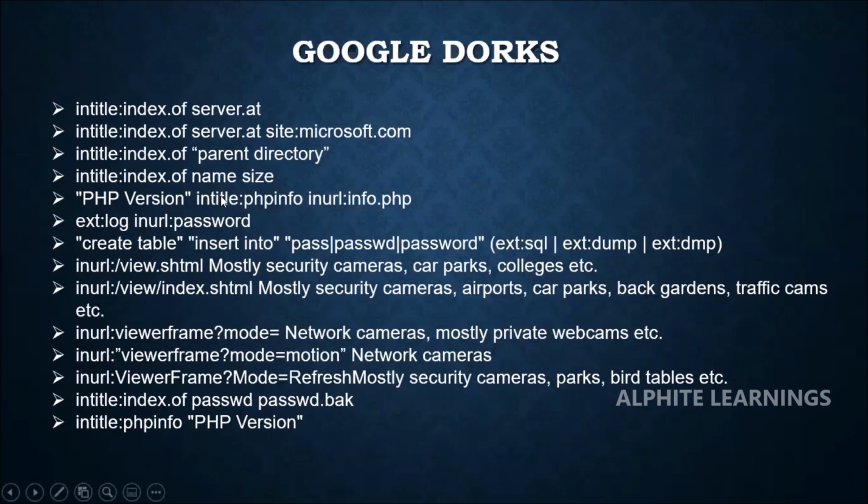Once you get these, there are also different docs to search for your file type. File type, you might be aware, file type colon PPT or file type colon PDF. If you put that, you get only those matching extensions. So in title, in URL, all in title, all in URL are some of the common Google Docs that I have listed. You can just copy paste and search it later.